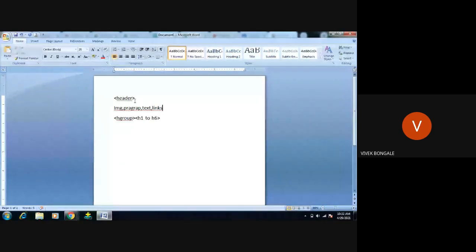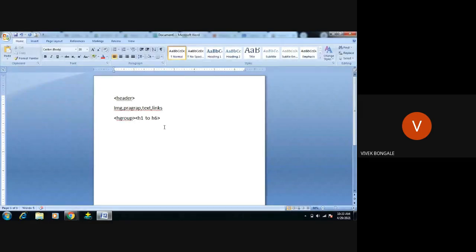What this H group will do is suppress all the data we are giving within this H group, and it will try to fit it in that header group. It means within the header size that the developer has fixed, those contents are going to be fitted. This is regarding the header and head groups, that is H group.